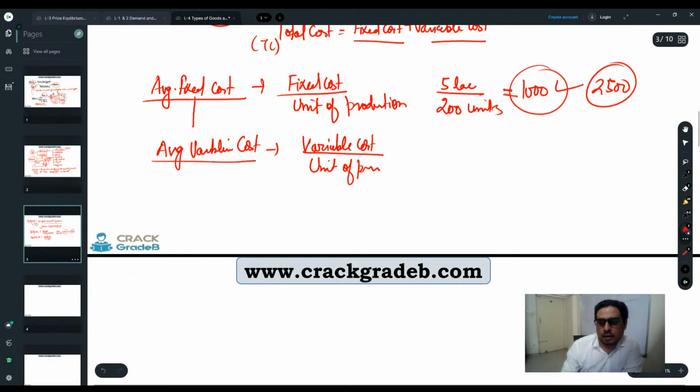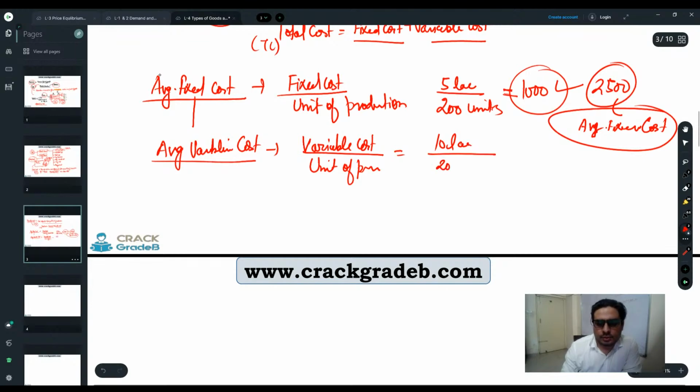So 2500 per unit fixed cost, so it is average fixed cost. Average fixed cost is 2500 when 5 lakh is the total fixed cost and we are producing 200 units. Similarly, suppose that the variable cost is 10 lakh and we are producing 200 units, and the variable cost is 10 lakh. Then the answer will be